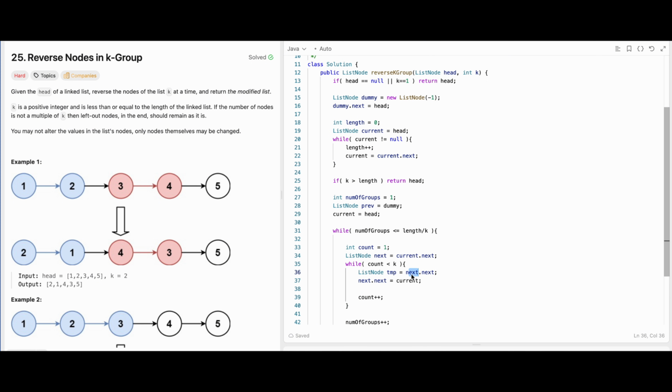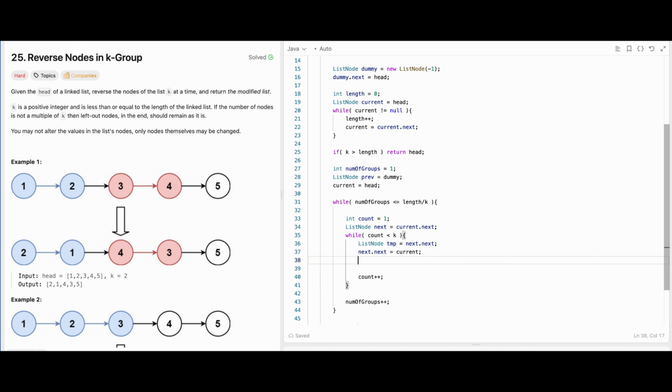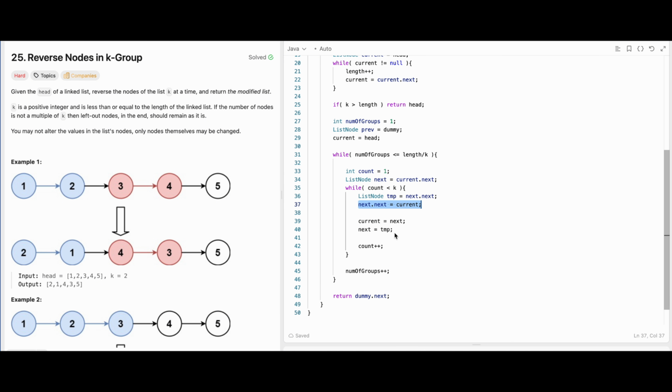So that's why we don't need to check if next is null or not. Next, I need to update my current as next and my next as temp. So this line basically reverses my particular group, and once I do count++, I move on to the next node. And once I'm done in this while loop, what I have to do is update my